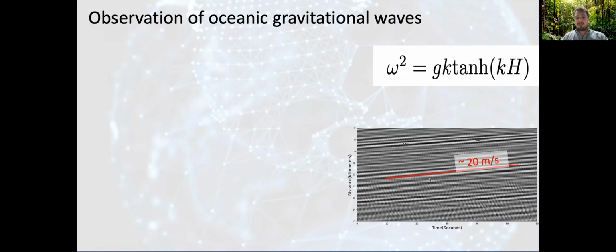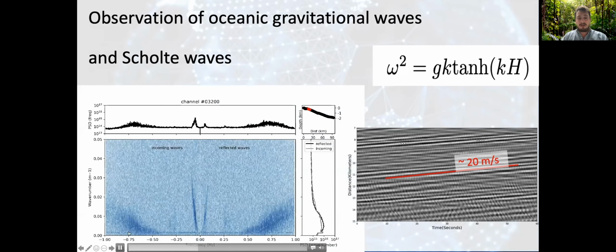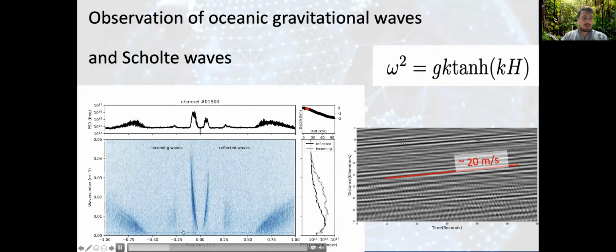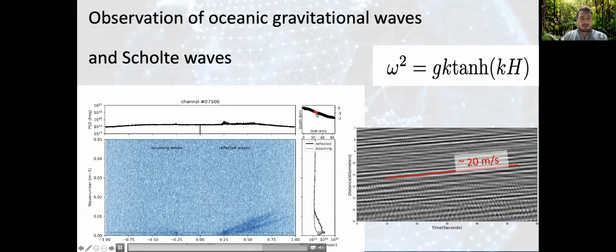And these waves traveling at 20 meters per second are actually ocean gravitational waves. So literally the waves at the surface of the ocean that we can record. And if you take this type of matrix here and you transform that in the frequency wavenumber domain, and here look at the little red dot